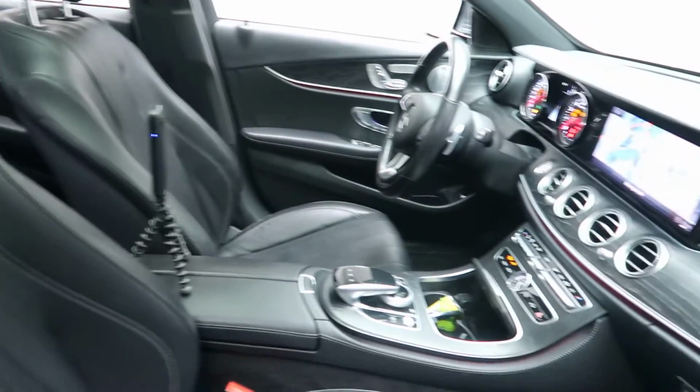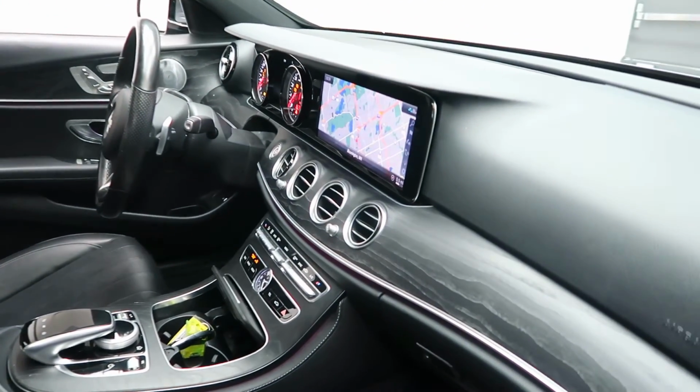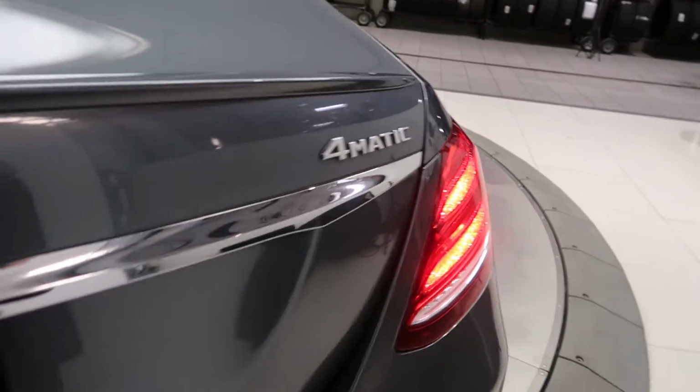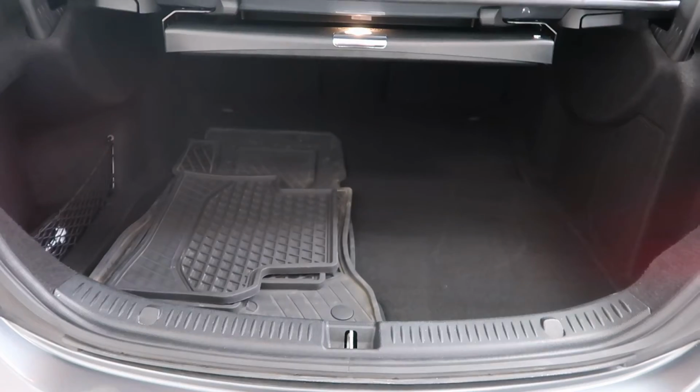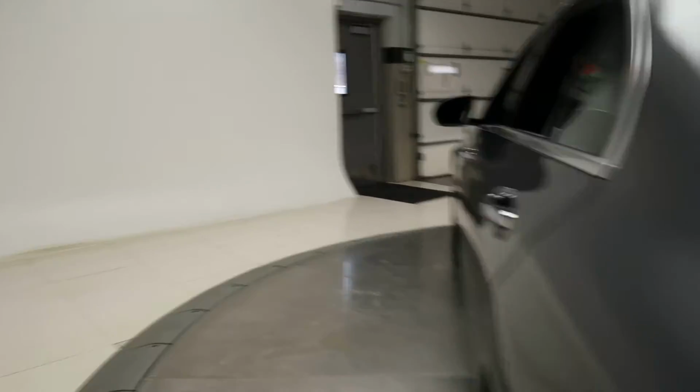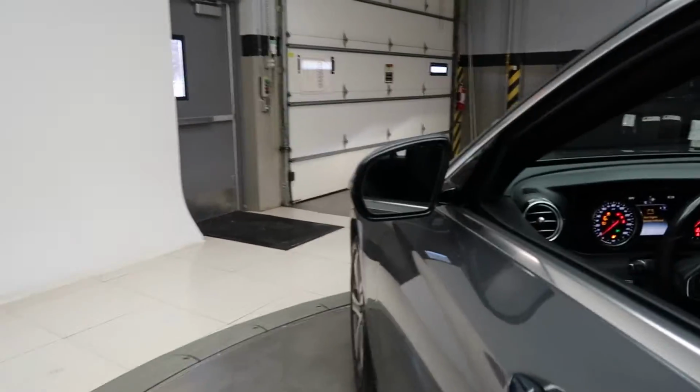Black MB-Tex interior with a black ash wood trim, sunroof, rear spoiler, E300 4MATIC badging, clean set of all-season floor mats, comfort box for extra storage, premium 1 package with blind spot assist,